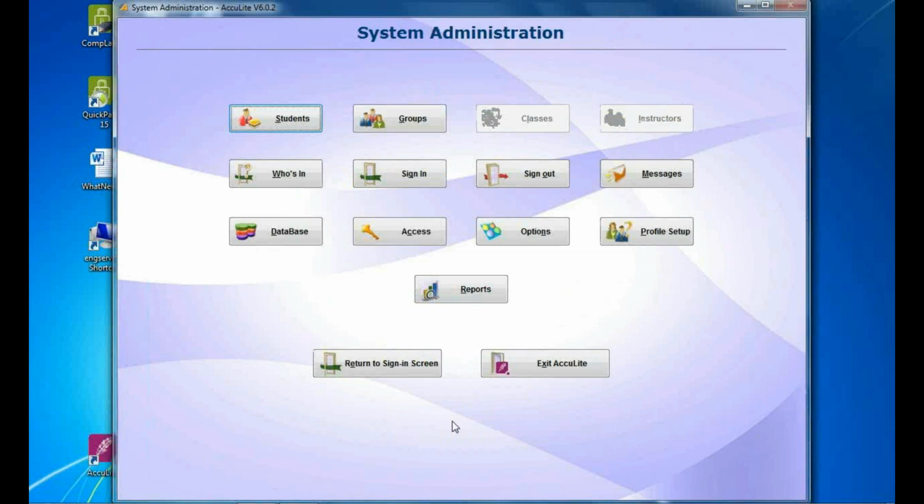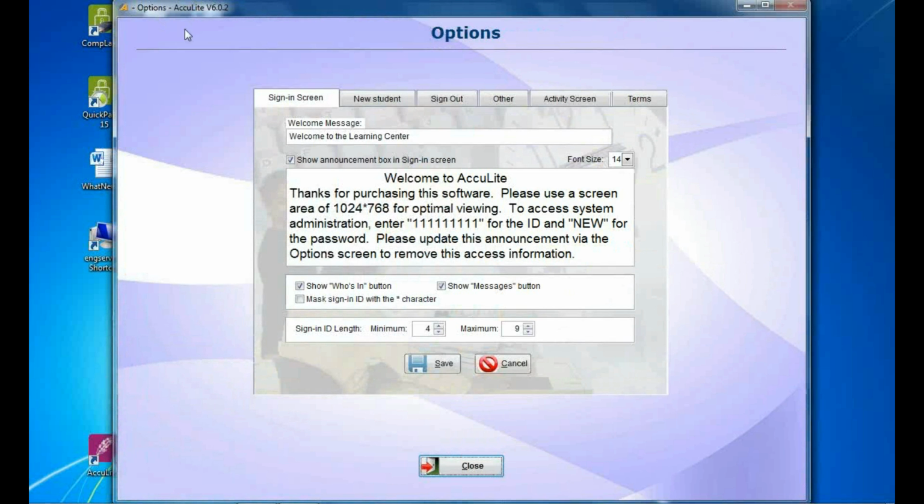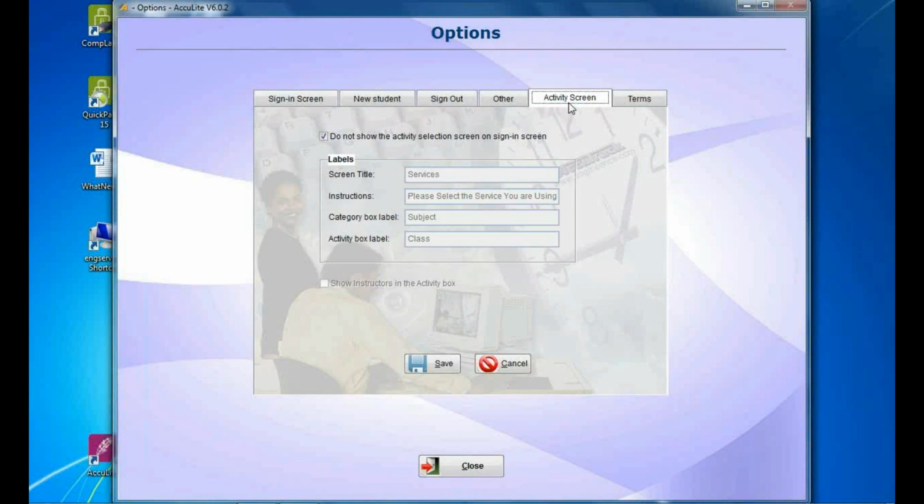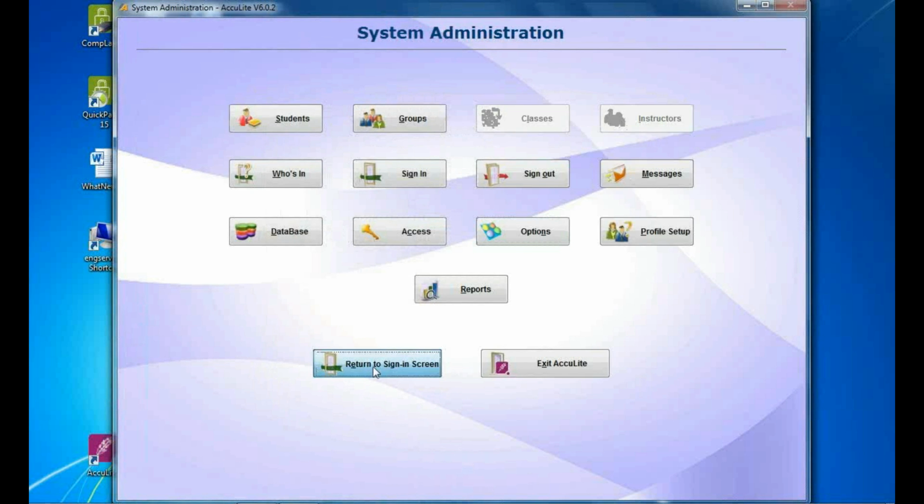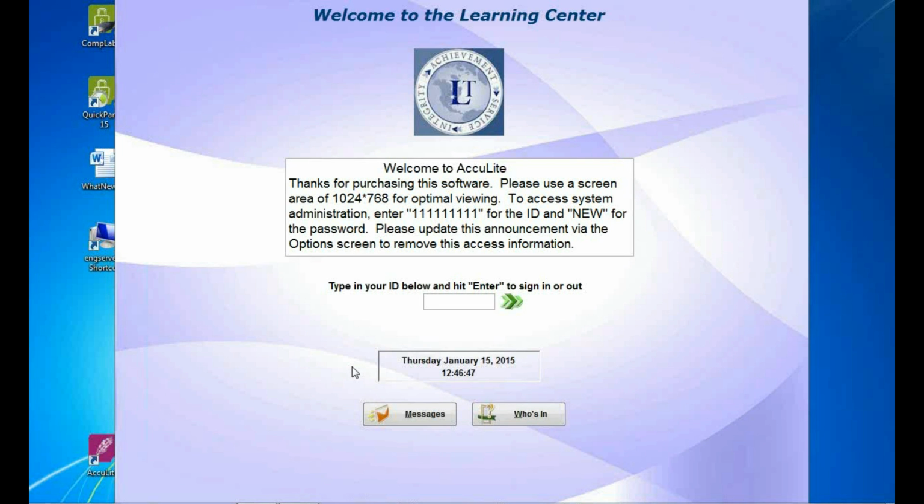And I'm going to show you some of the setup for AccuLite very briefly. On its most basic level, I'm just going to Options, Activity screen. But on its most basic level, you can merely collect the time that people come in and the time that people come out. I did that by bypassing the activity screen here, and I'll talk about activities in a moment. But let's go ahead and return to the sign-in screen and enter some people IDs here,